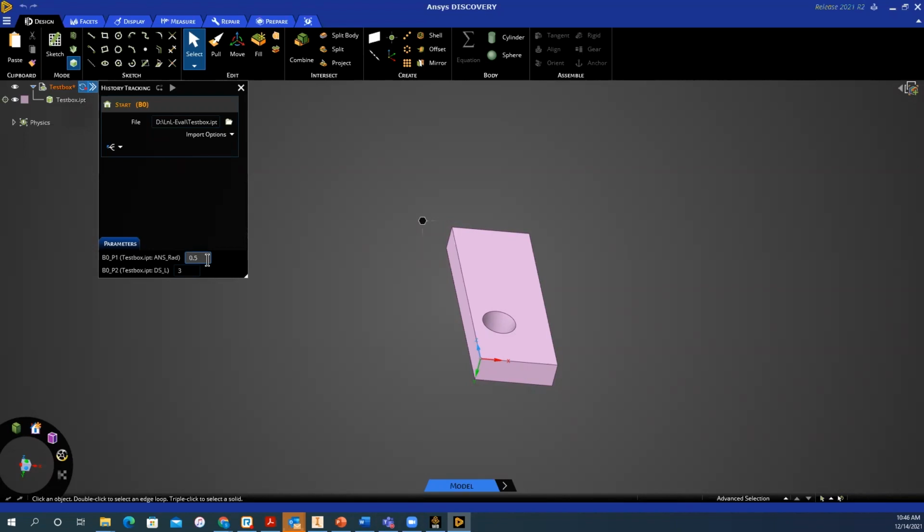Now, one thing to keep in mind about Discovery is that while history tracking is on, you can only work in the model stage. You cannot work in the explore stage. If you try to go to the explore stage, it will give you an error because the history tracking is just for the geometry prep portion. It's not for tracking the steps of how you set up your simulation, right? So this is just